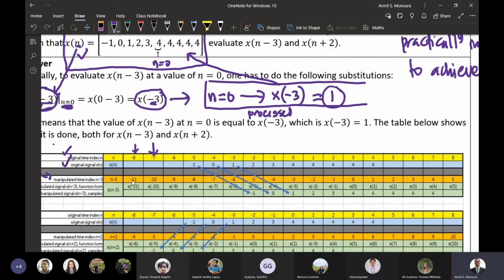Okay? Now, itong manipulated time index na to, yun ang gagamitin natin ngayon to index your original signal, para makuha nyo yung value ng process signal niyo. So, use the manipulated time index to index the original signal to get the manipulated signal. Anong ibig sabihin doon? Ibig sabihin, itong -11 dito, this -11, ay,